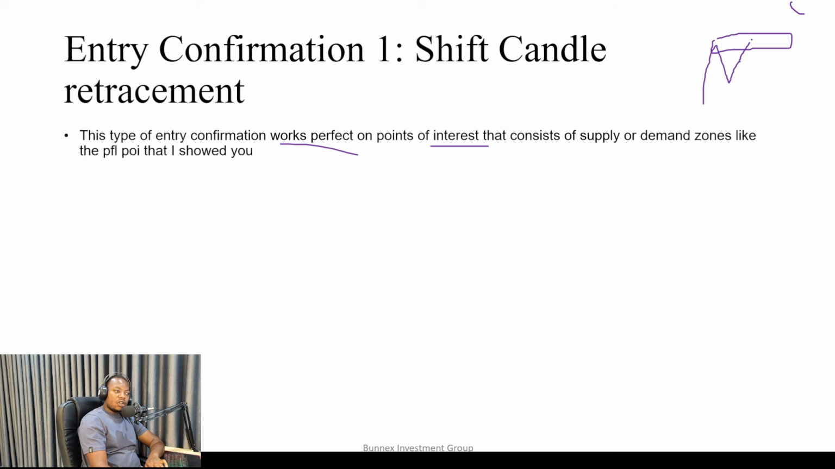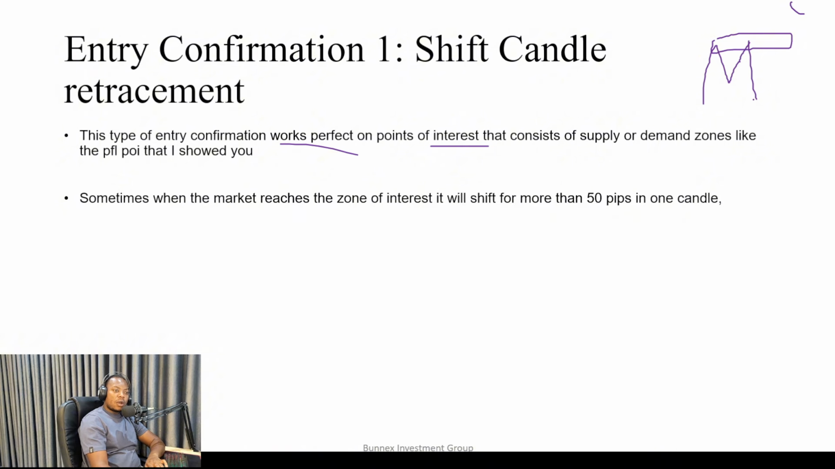It is an entry confirmation whereby you are waiting to short the market at this particular point, and the market gives you a very fast moving candlestick to the downside, which if you enter at its close, you are definitely going to have a very big stop loss. Sometimes the market reaches the zone of interest and it will shift more than 50 pips in one particular candle. If we have a very big candle in a day, or the biggest candle in a day,